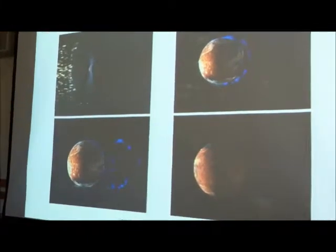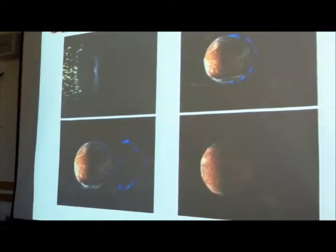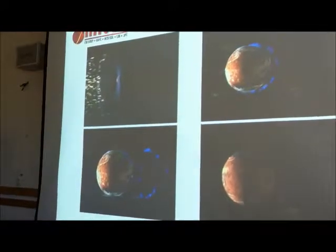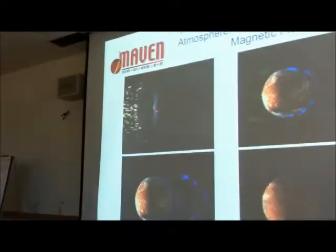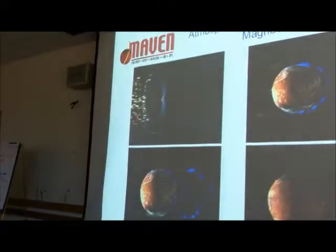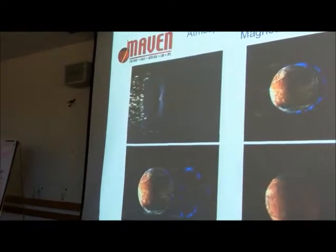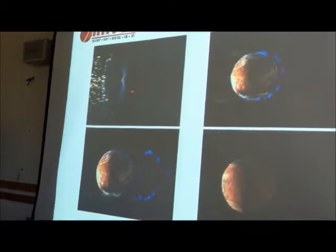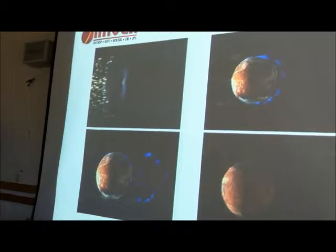And so the basic scenario that we're trying to work from is that Mars started off like the Earth did, because we know that the magnetic fossils that we see on Mars today tell us that Mars once looked like this, a dipole field like the Earth. And so that's going to protect the planet from the solar wind, and the loss rate of the atmosphere is going to be much less back then. And we know at this time Mars had a warm, wet atmosphere, Earth-like pressure, maybe a third of a bar to a bar,